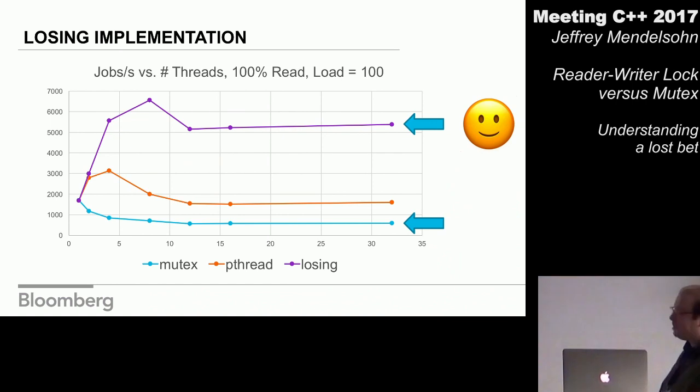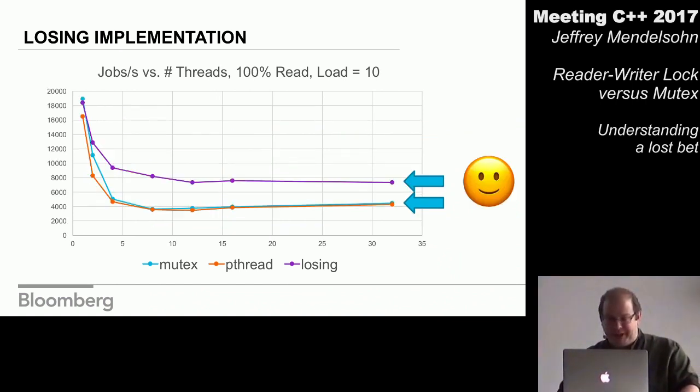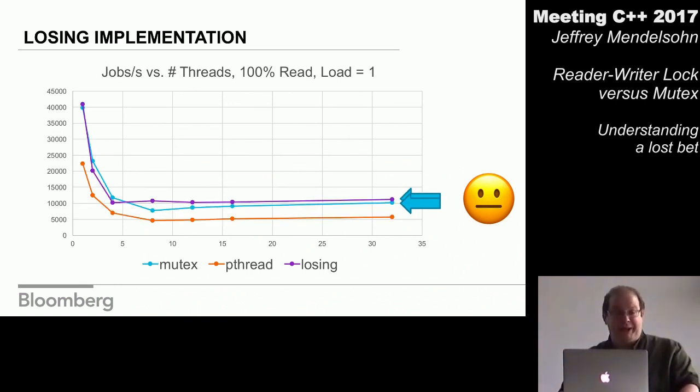Okay, so let's move into still 100% reads, now a very short hold time, still outperforming, still bad scalability. We're better off running one thread than multiple. We'll go down to the ridiculous, something like 3 math operations. We see the mutex and this reader-writer lock are performing about the same, even though it's all read work.